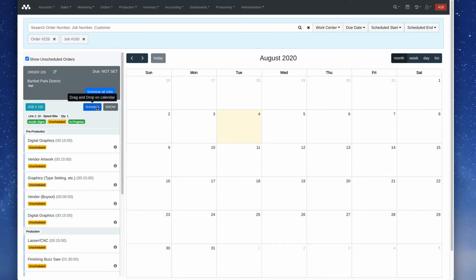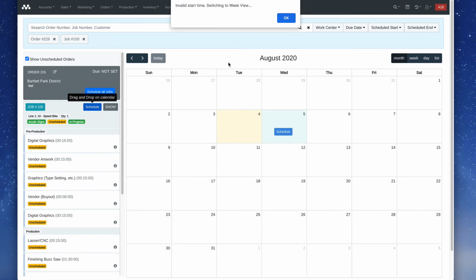So when I move my mouse over the schedule button, it tells me I can drag and drop this to the calendar. Now, the first thing to note is I cannot schedule on a full calendar like this. You'll see what happens when I drag and drop to a specific date, you just can't drag and drop it onto a month view calendar. You have to drag and drop it onto a week or day view. Okay, so what it's going to do is it's going to switch me to week view for this week in